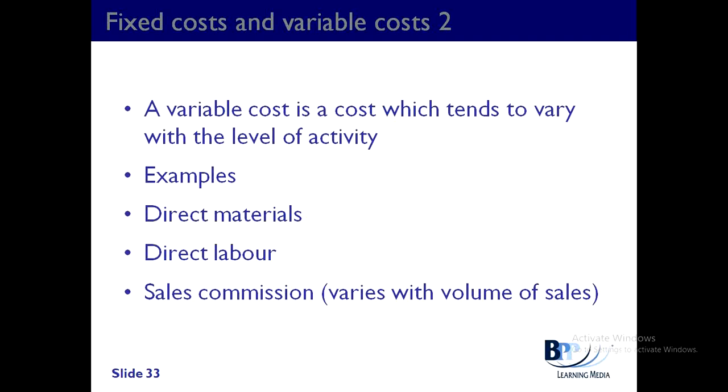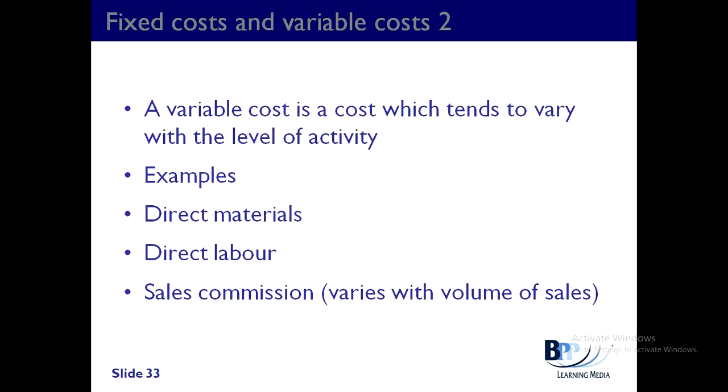So if you produce more units, you're going to use more materials and hence a higher cost of materials. Direct labor, the labor cost depends on the number of units that is produced. If you are producing more, you tend to pay more in terms of labor costs or hire more people to